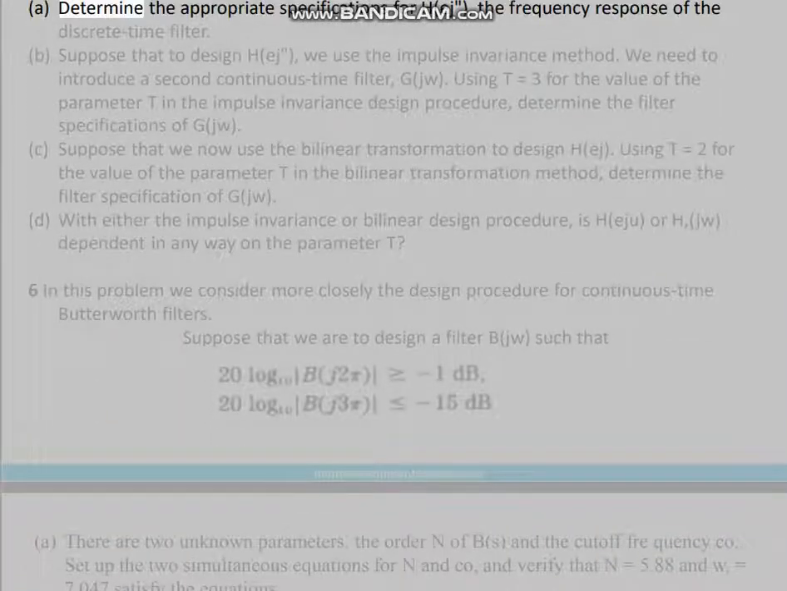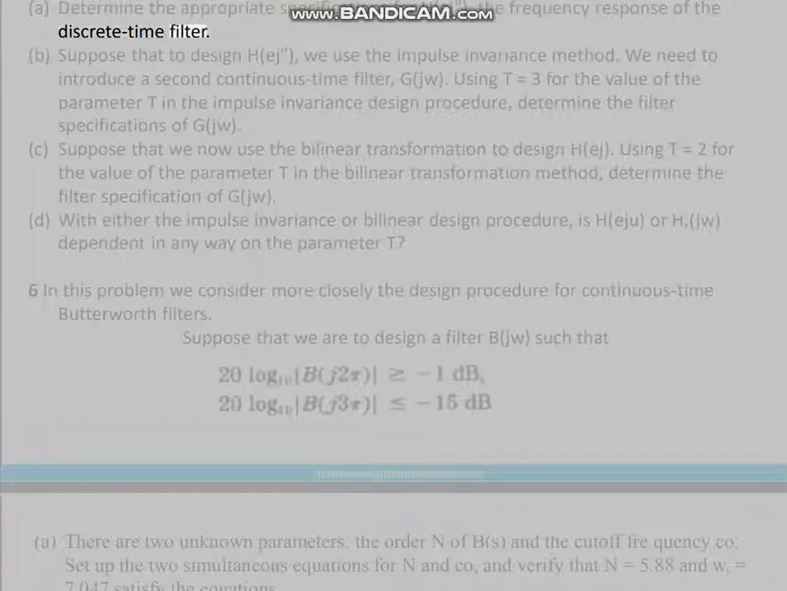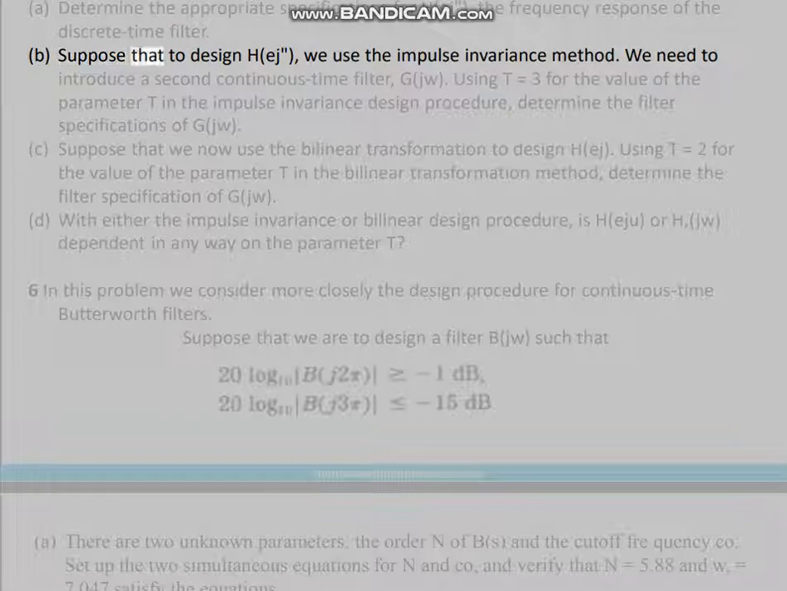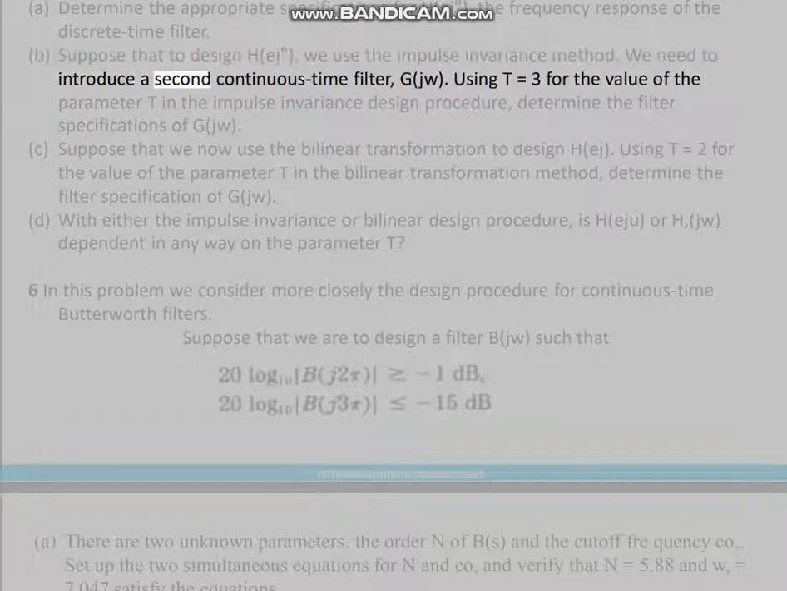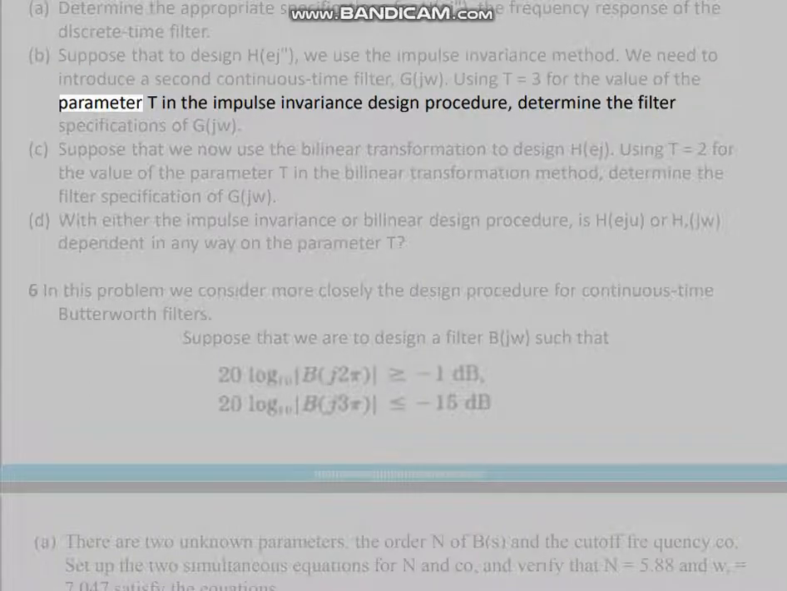A. Determine the appropriate specifications for H(e^jΩ), the frequency response of the discrete-time filter. B. Suppose that to design H(e^jΩ), we use the impulse invariance method. We need to introduce a second continuous-time filter, H(jω). Using T equals 3 for the value of the parameter T in the impulse invariance design procedure, determine the filter